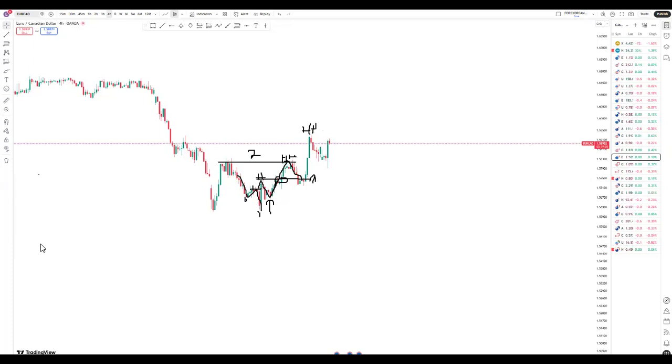I will erase and just add something that will give you the light. There was a trend line that was broken. You don't have to approach the market blindly. You must check almost everything that happened so that you can be at least safe. Now you know that, okay, there was a trend line there that was broken. It has the first touch and the second touch. There's a trend line that has two touches. It was broken, the higher the chance that the market's going to change direction there.